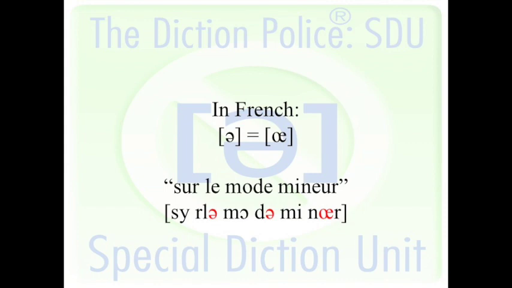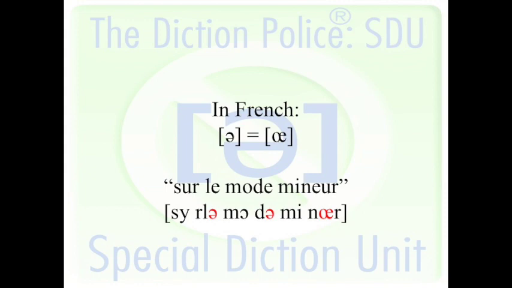Yes, exactly. The French schwa is always the same sound as OE. It's just a non-accented version of that sound, and that's why we make the distinction between OE and schwa, but it's the same sound. If you have leur followed by a schwa, you can stay on the same vowel. In fact, we do have that case here when you say sur le mode mineur. So we keep coming back to that sound. Le, de, mineur. We have three times in a row, which is always really nice to notice because it helps put some sense in this flurry of French vowels.